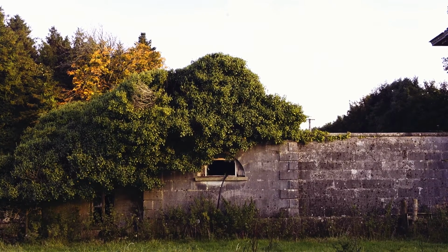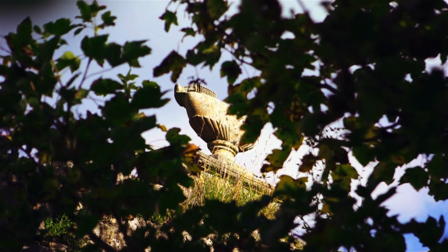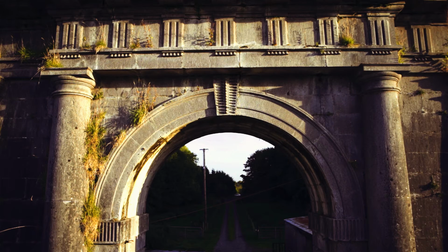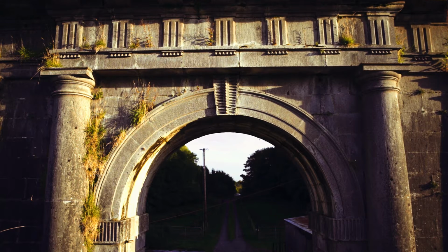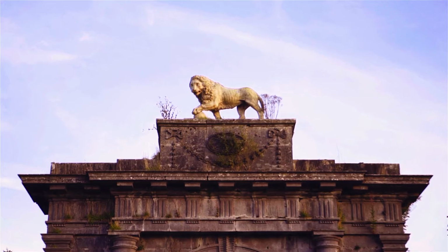What we hope to achieve in association with 2 local interest groups, the Roscommon Heritage Group and the Mote Park Conservation Group, is to restore the archway, to repair the lion, to find a new role for the overall structure within Mote Park,